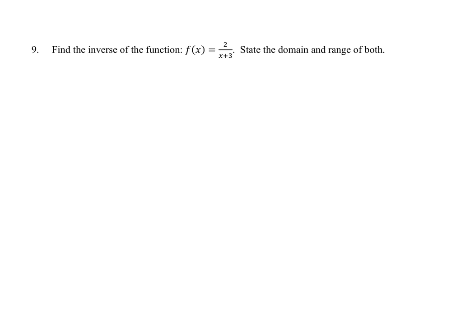Okay, so we need to find the inverse. So we need to find f of negative 1, and then we need to state the domain and range of both of them. What this means is both f of x and the inverse of x. So we need to state the domain and range of both of those. So we have our original function. First thing we do is switch the place of x and y. Again, we can think about this as y. If we switch the place,